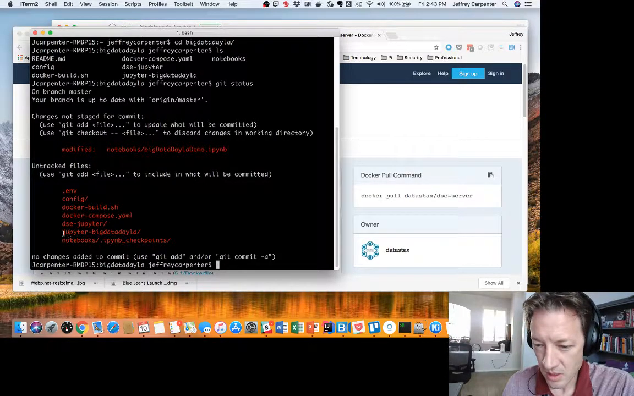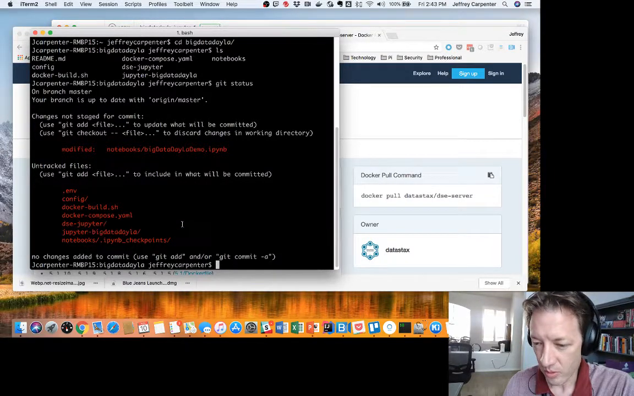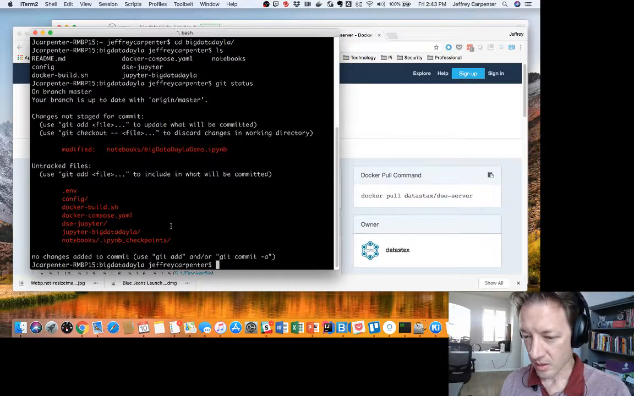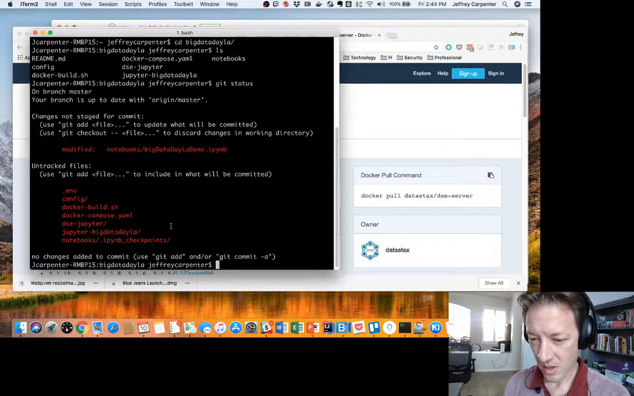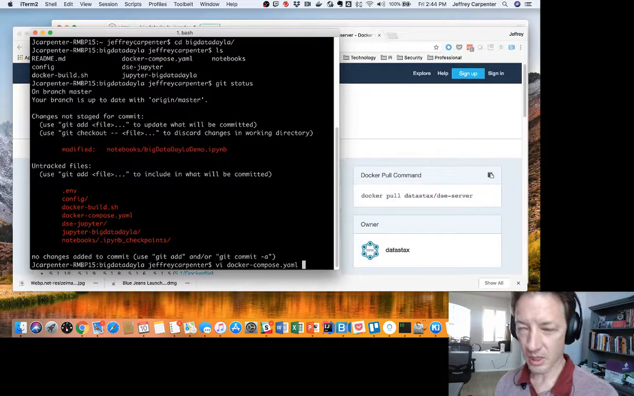I'm going to probably blow away that one directory, but let's see where to start. Okay. So we're going to look at Docker Compose. So I'm using Docker Compose, and my goal is here